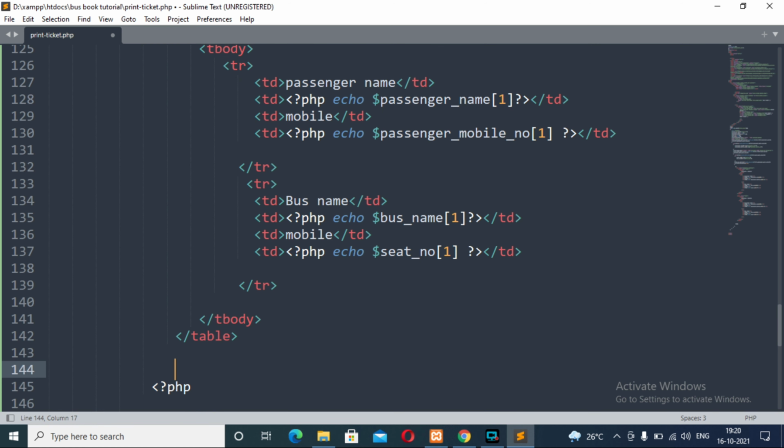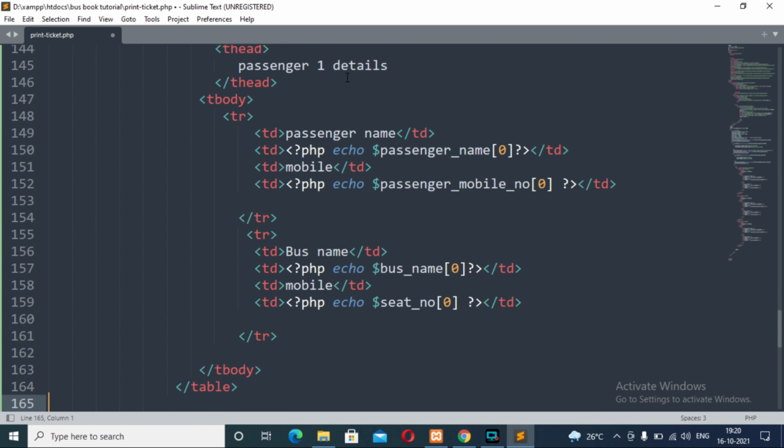Okay, again we will copy and paste, this time passenger 3 detail with the index 2, because index 0 will be details of the first passenger, so index 1 will be details of passenger 2 and index 2 will be details of passenger 3.